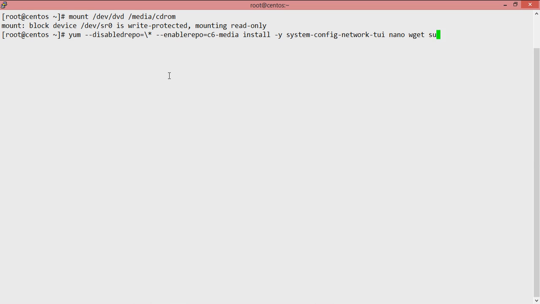wget, subversion. The reason you need subversion is because you're going to be doing some SVN checkout on the site, so you require the SVN subversion package installed. You need a couple more, so we can go ahead and install MySQL server. You can go ahead and install Apache, httpd, okay,